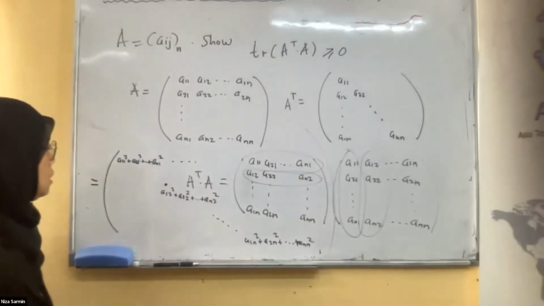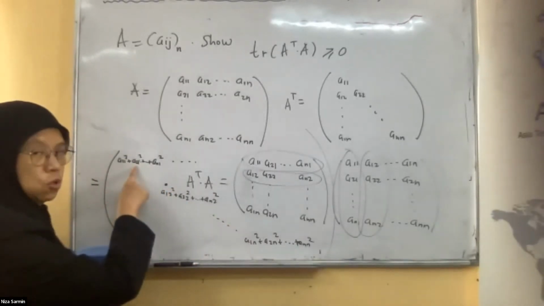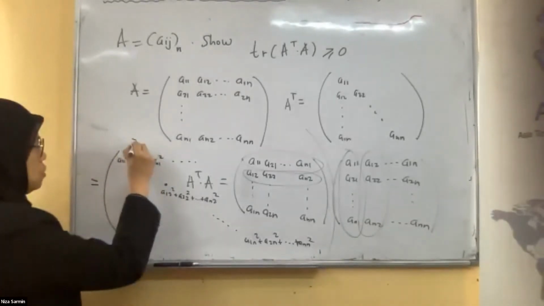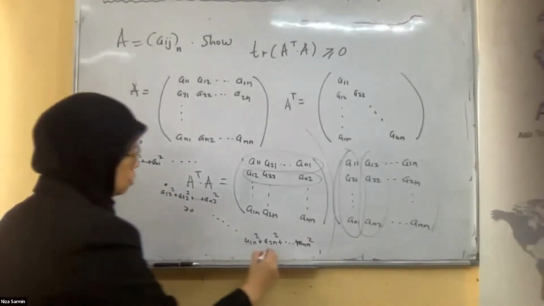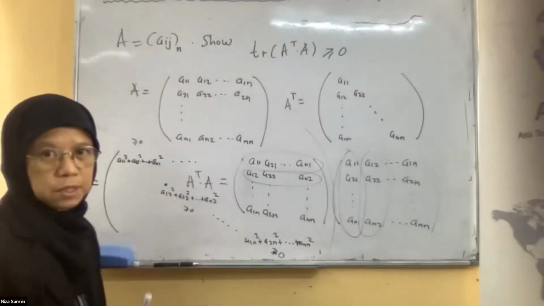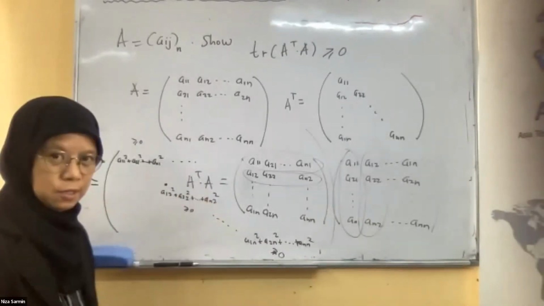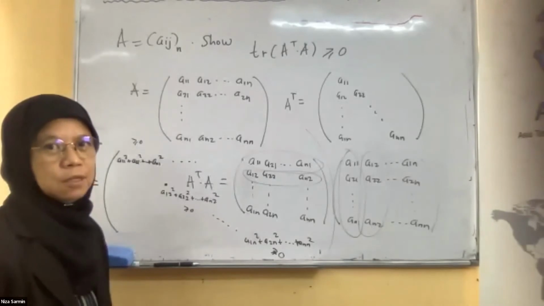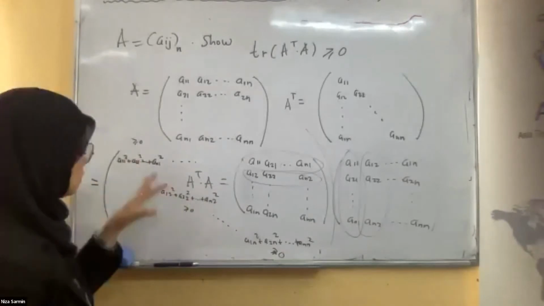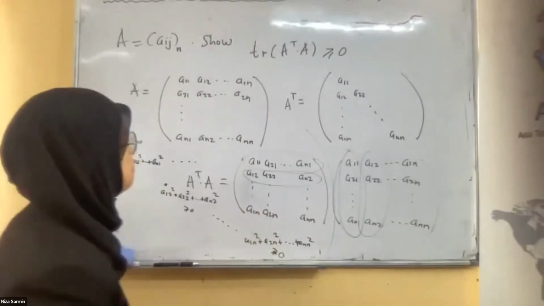So for each diagonal entry, this one is always bigger or equal to 0, bigger or equal to 0, bigger or equal to 0. So the whole thing is bigger or equal to 0. The sum of something that is bigger or equal to 0 is also bigger or equal to 0. This is to show in the big matrix like this, and this can be acceptable. The trace of this is this squared plus this until dot dot dot plus this, which is bigger